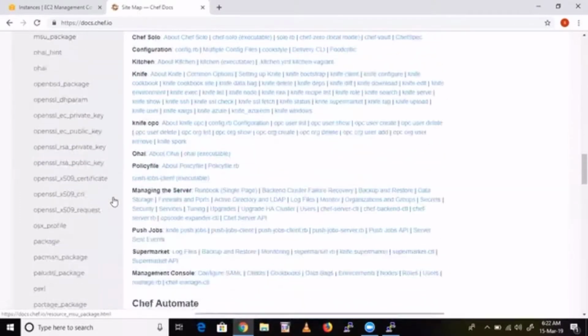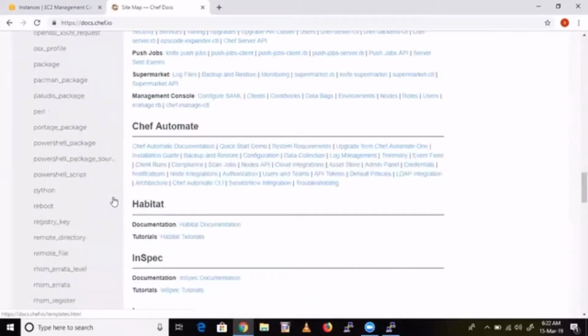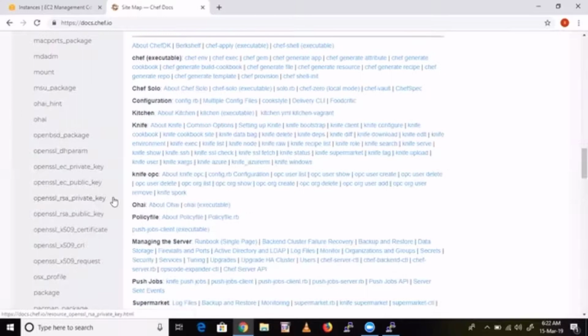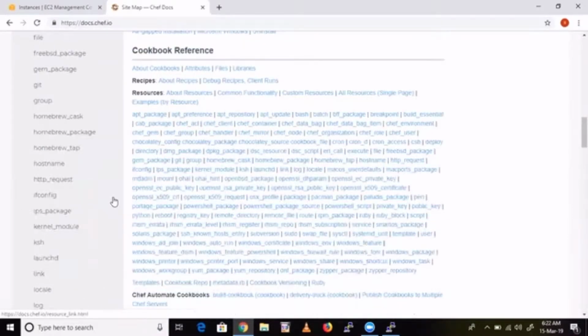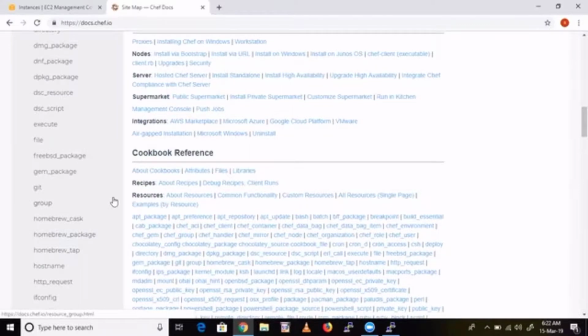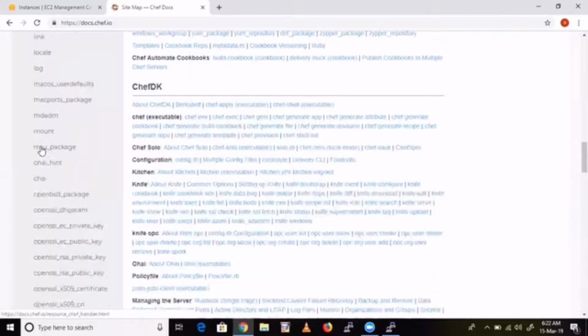If you want to install a MinStack application, what resource can I take? That's a package, right? Yes, that's a package. You should know the name of the package. It's a simple package you want to install, so we use the package resource.